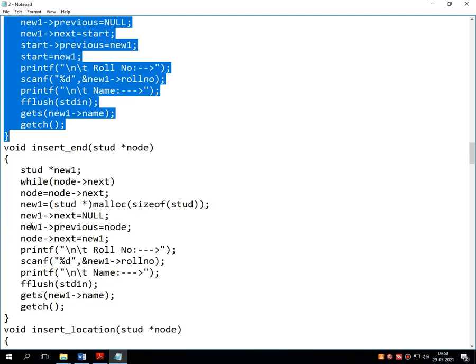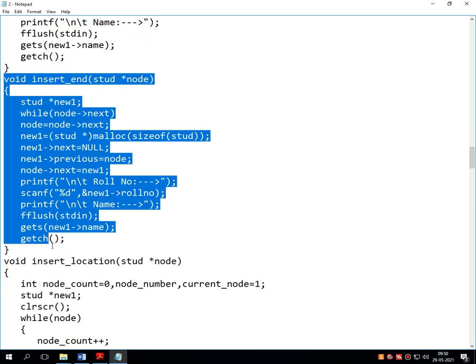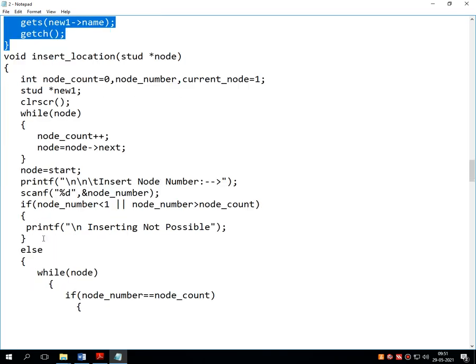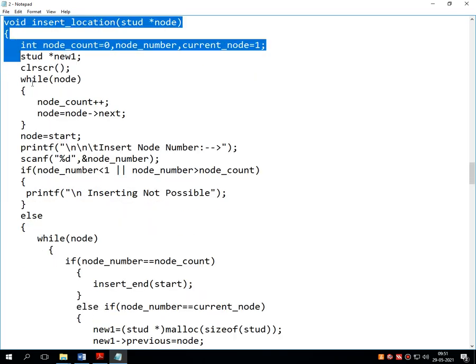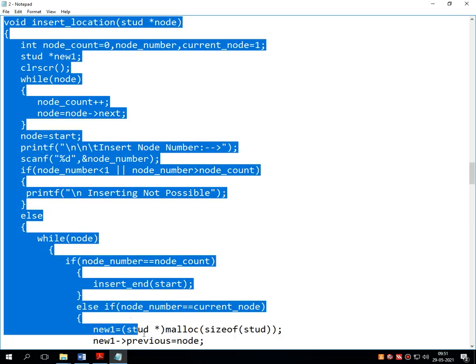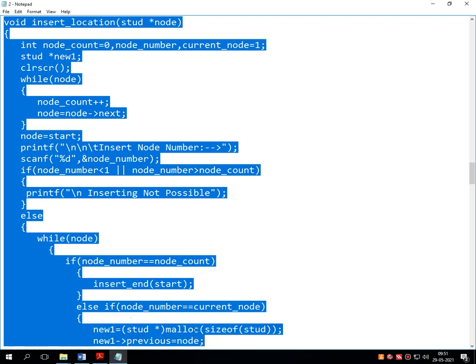Again pause the video and write down insert underscore end. Again pause the video and write down insert underscore location up to the selected line of code.